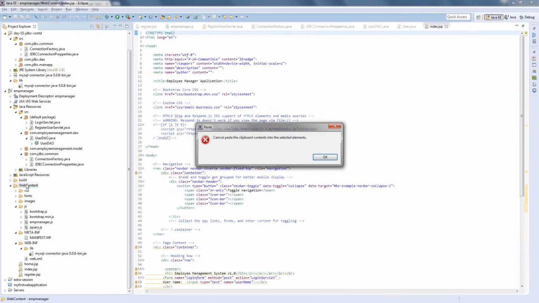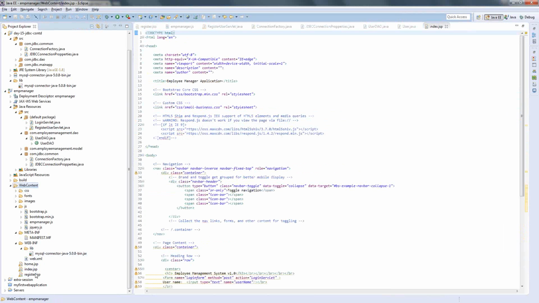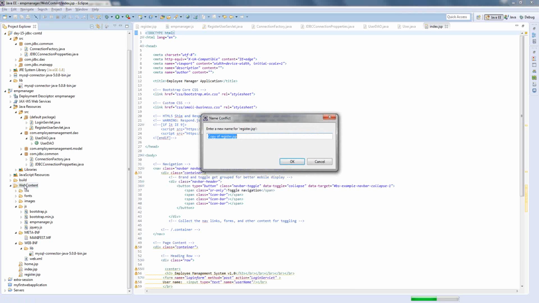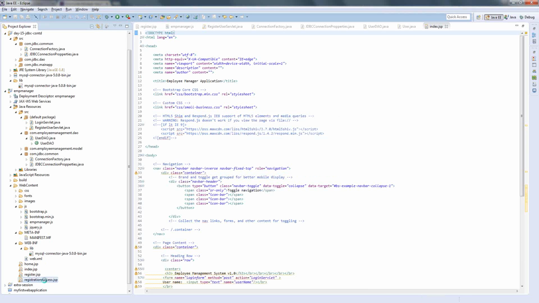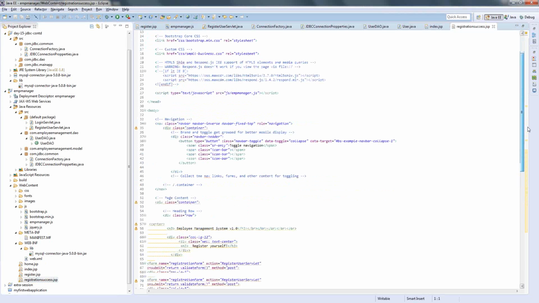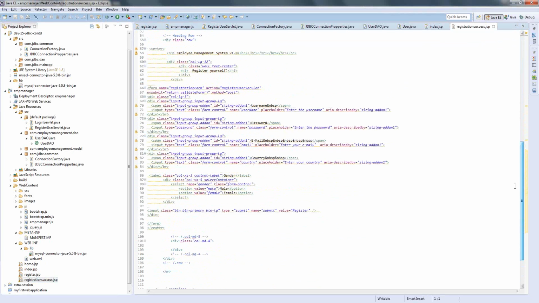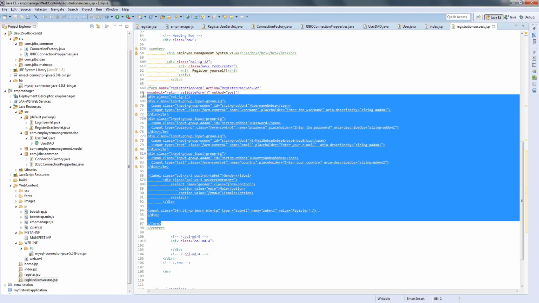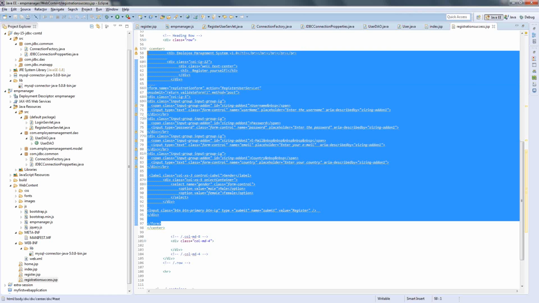We can create one more page, and we'll put registration success.jsp. This registration success.jsp will have all these things removed from here,